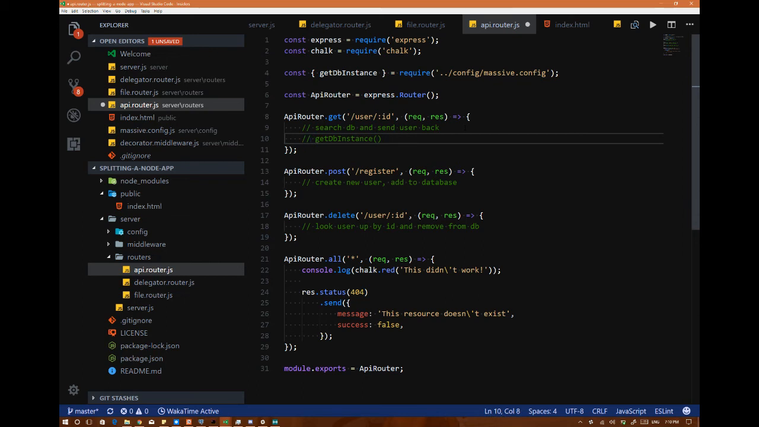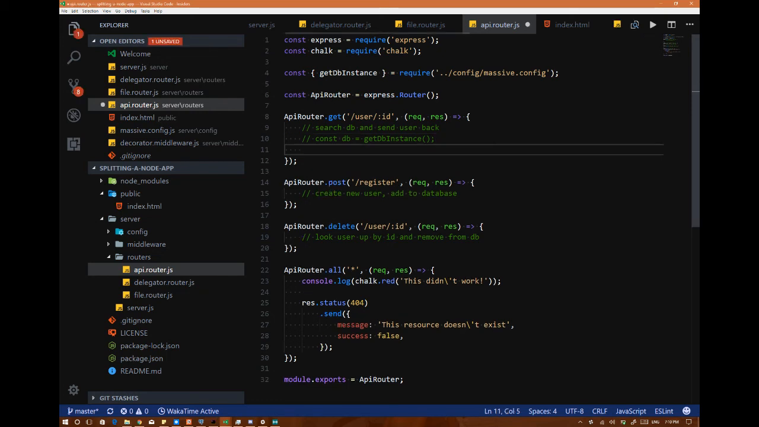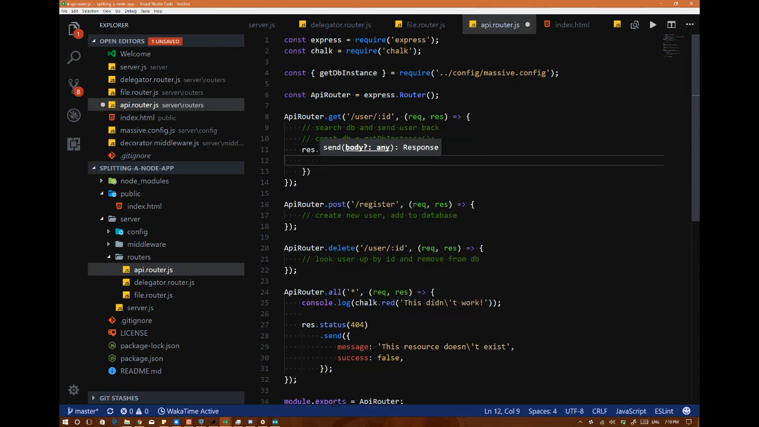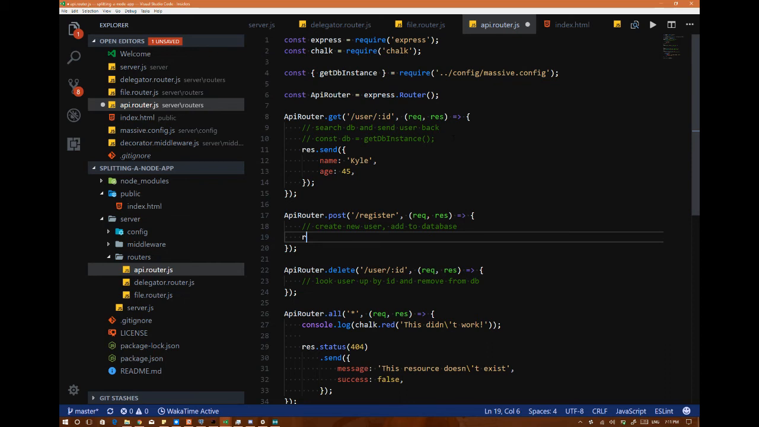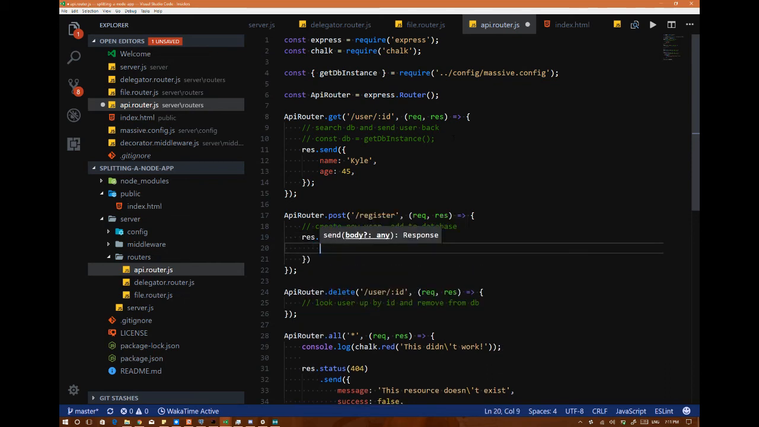Like either just doing that straight on top of it, or do something like that. Just so that we get something back, I'm just going to do a res.send name Kyle. I don't really know. Age is going to be 45, and that will just be send. Post is going to be res.send name